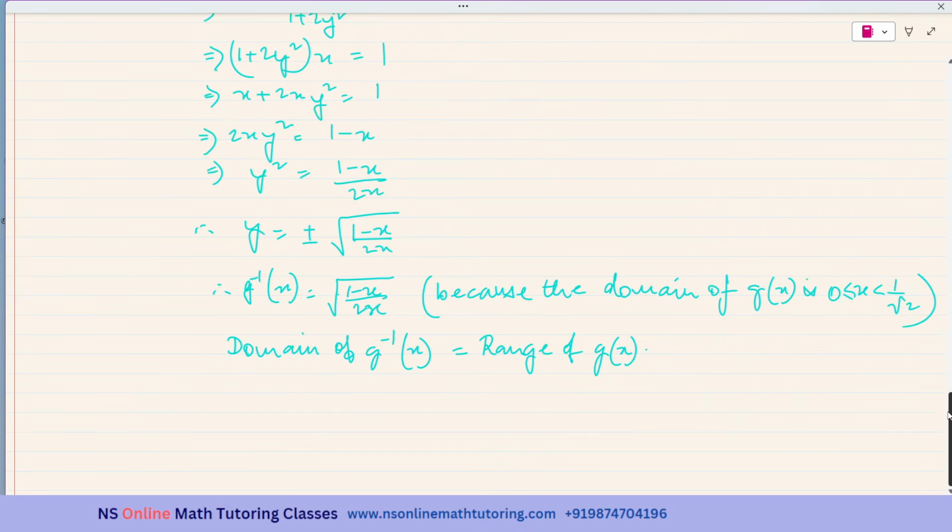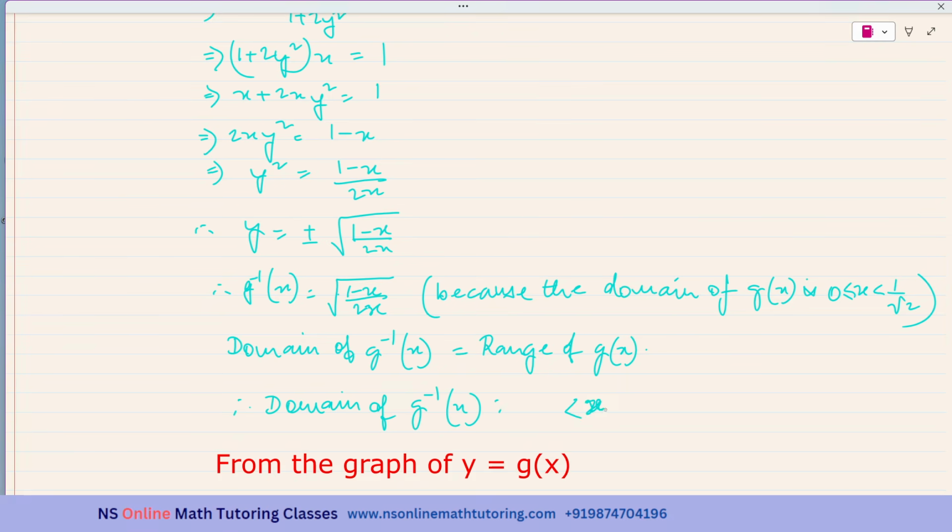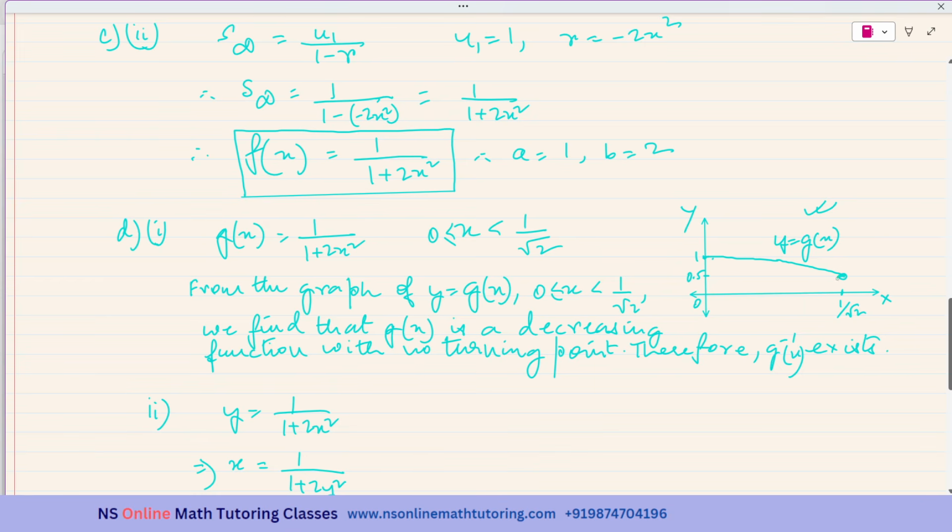Okay, so therefore the domain of g inverse of x is equal to x greater than 0.5 but less than or equal to 1. Okay, don't include the equality sign over here because this point is not included. It is a hollow circle over here. Okay,